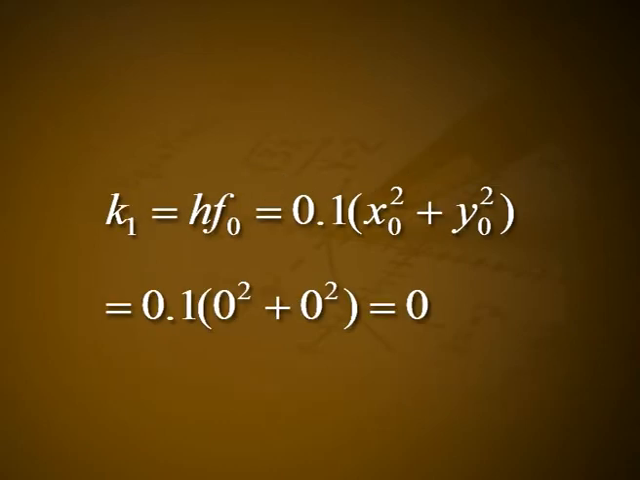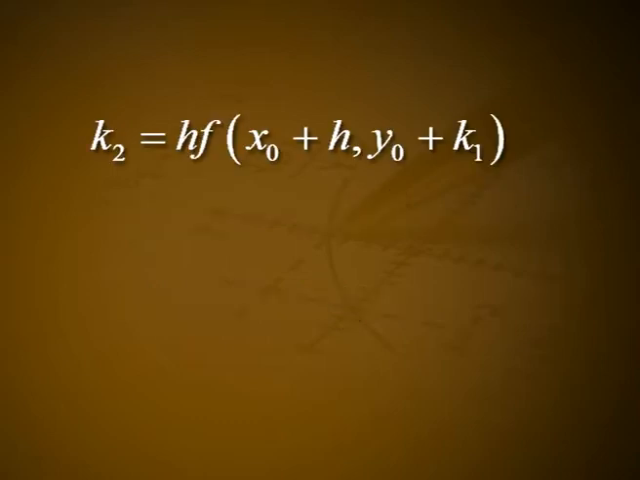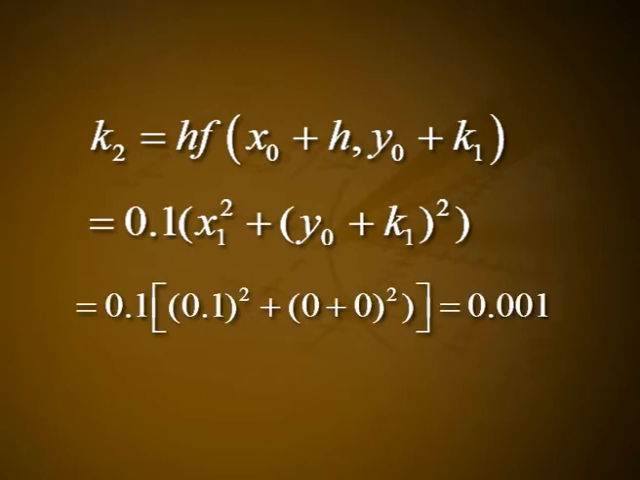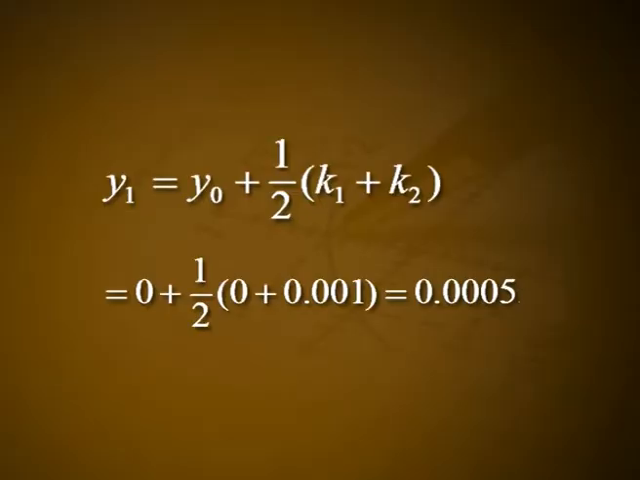Now, k1 equal to h into f0, that is equal to 0.1 into (x0 square plus y0 square), that is equal to 0.1 into (0 square plus 0 square), that is equal to 0. k2 equal to h into f(x0 + h, y0 + k1), that is equal to 0.1 into (x1 square plus (y0 plus k1) the whole square), that is equal to 0.1 into (0.1 square plus (0 plus 0) the square), that is equal to 0.001. Hence, y1 equal to y0 plus 1 by 2 into (k1 plus k2), that is equal to 0 plus 1 by 2 into (0 plus 0.001), that is equal to